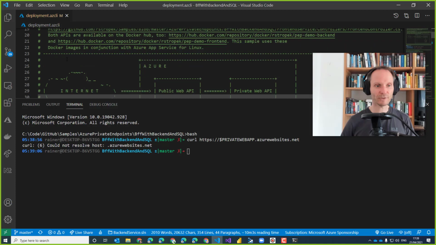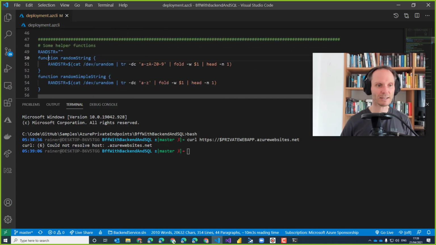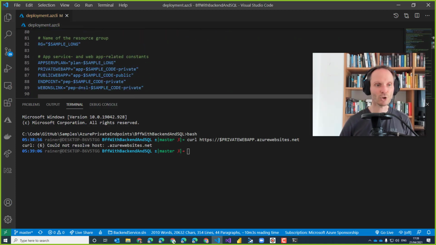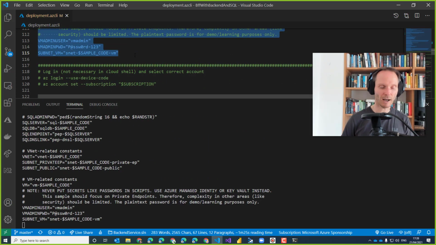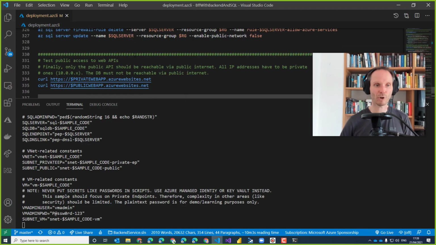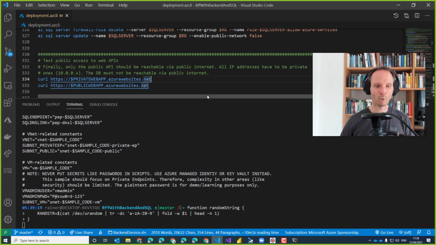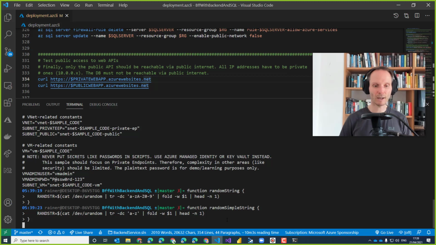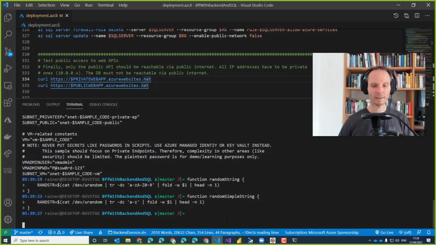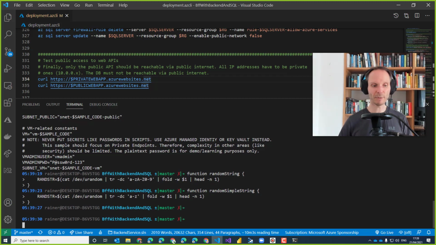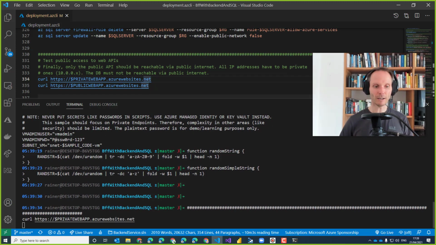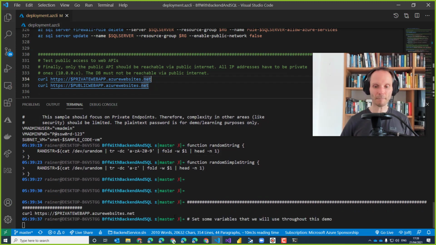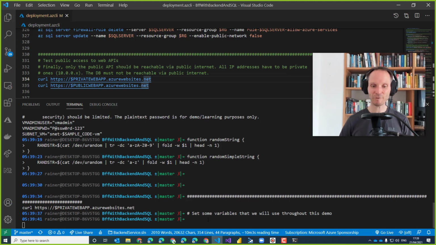Oh, I forgot to set my settings here. Give me a sec, please. So the name should really resolve, and here it is. Run it. I was just missing some variables that I forgot to set here. This private web app wasn't set. So give it a sec. Come on, we have 5 minutes left, so it should work. Let's run this one. Curl, private web app, let's see what's going on. Isn't finished.